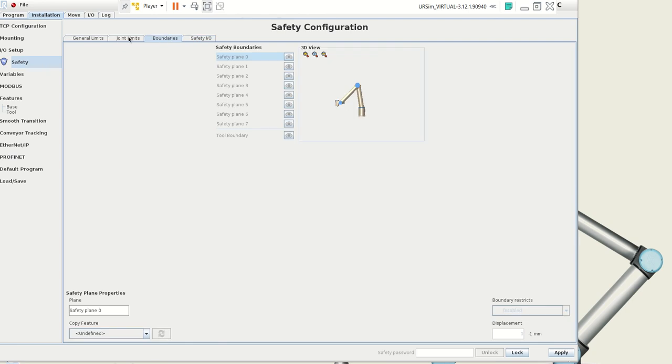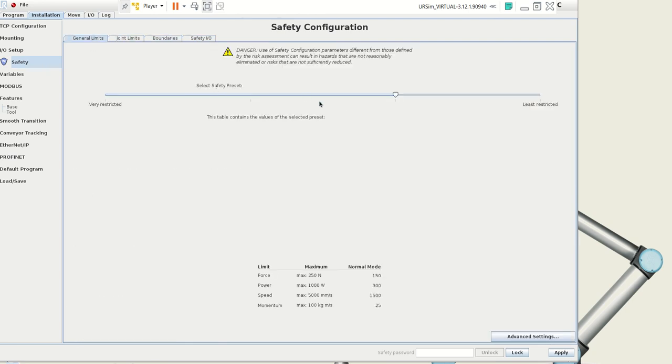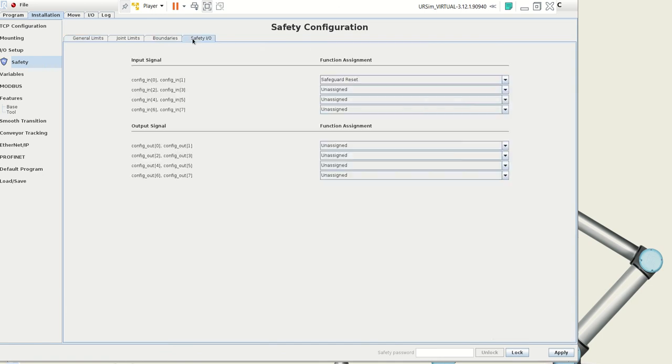So you can play around with boundaries, maybe speeding up and reducing your speeds in some of your modes. I'm just going to keep it fairly straightforward, and we're going to use basically a reduced mode on one of our